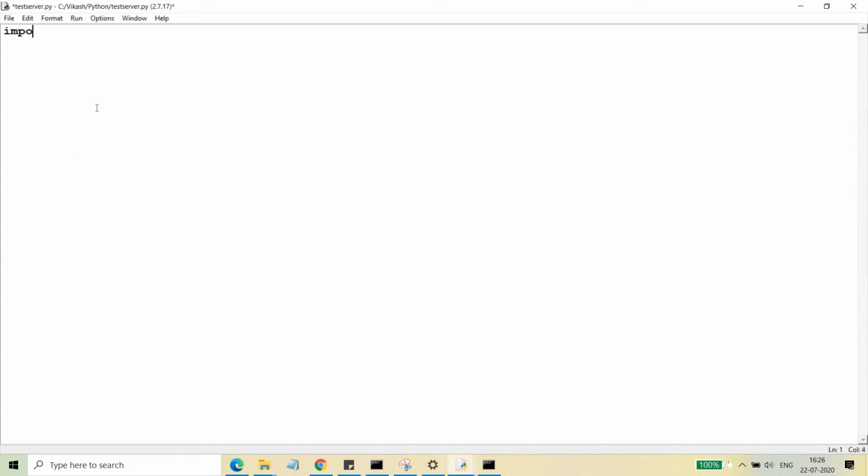For the socket, we first need to import socket, and we need to create a multi-threaded server so that we can handle a number of clients. So we need to add these two. Now we need to open a socket. I'm going to create it as a server, srv socket, I'm going to open a server socket,